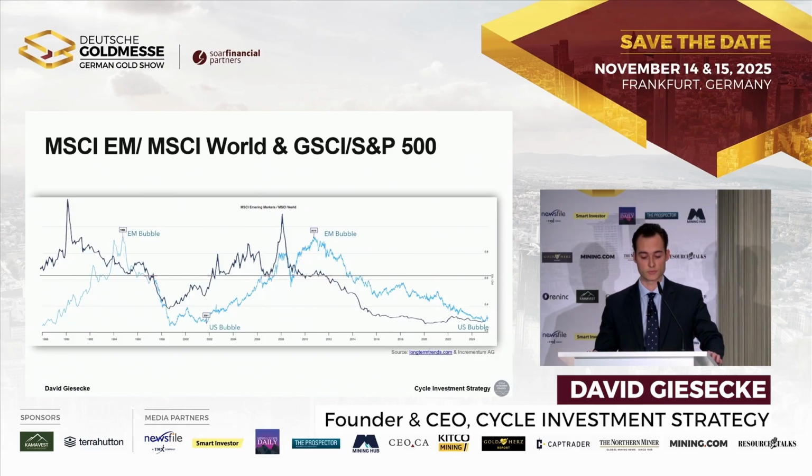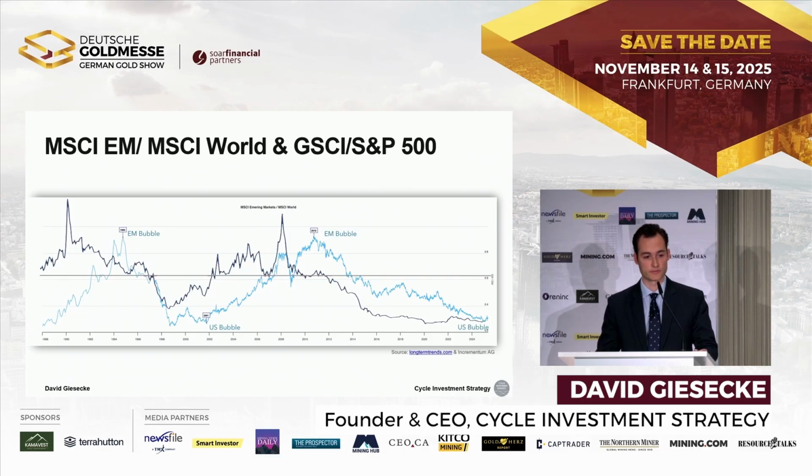So we have here the Goldman Sachs Commodity Index versus the S&P 500, overlaid over the emerging market cycle. And you can see that we are in similar movements here. The last top for commodities versus equities was in 2008 with this blow-off top in oil. The emerging markets reached their bubble high in 2010. So I think both are aligned.